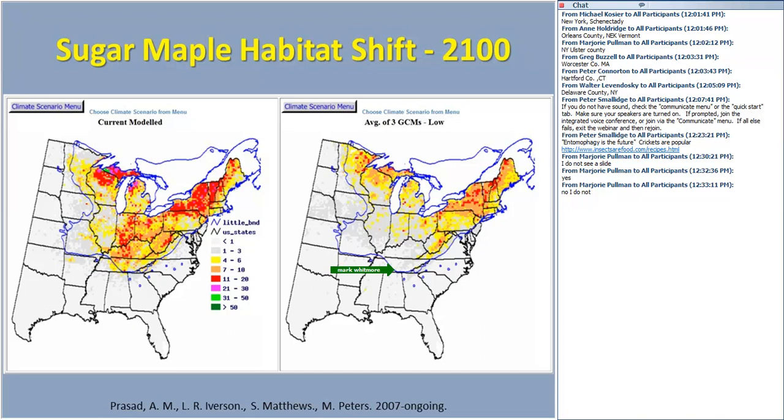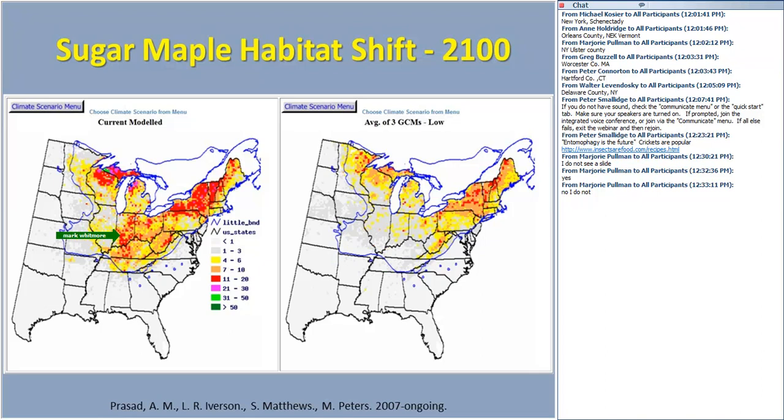This on the right-hand side is the data. Basically, this is based on the FIA data from the U.S. Forest Service by Prasad and Iverson and Matthews and Peters. And the model on the left is the current distribution of sugar maple based on their model, and it mimics very carefully the actual data. Whereas here you see that sugar maple has been extirpated down here in Tennessee, throughout most of Kentucky, and even out here in Indiana and Ohio, whereas now there's actually quite a bit.